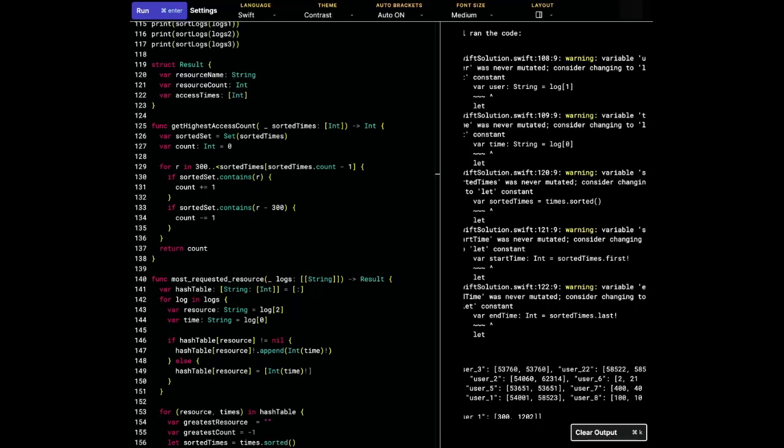And then our greatest count is going to be the max between our current greatest count. Oh, well, let me do this in an if statement because I'm updating two different variables. If our current count is greater than our greatest count, then our greatest count is updated with our current count, and our greatest resource is updated to the current resource that we're looking at. What this means then is that once we iterate through the hash table of our resource and times,